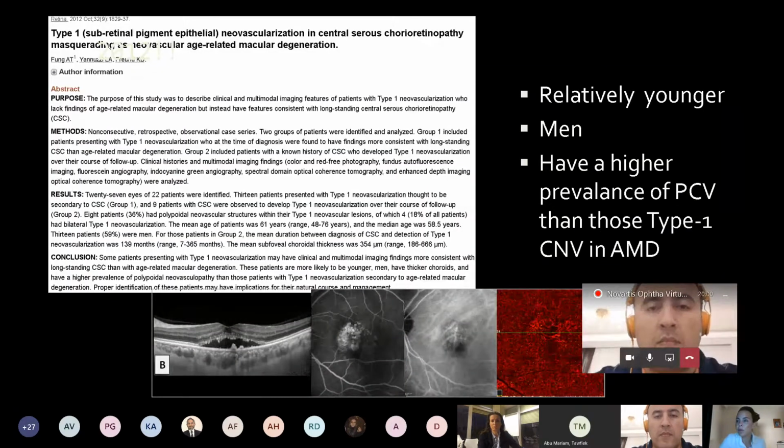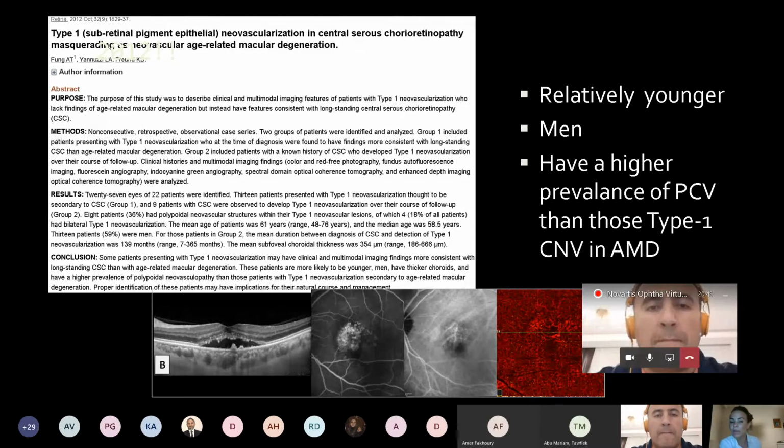So as an answer to the question, this paper came up, published in 2012 in Retina journal by Yannuzzi and group and Bailey, and they noticed something. There are two types of cases. First, people who have type 1 neovascularization in central serous chorioretinopathy, and second, people who have type 1 neovascularization who have thick choroid but didn't show any AMD characteristics such as drusen. Still, they didn't name it pachychoroid neovasculopathy at that time, but they defined them.